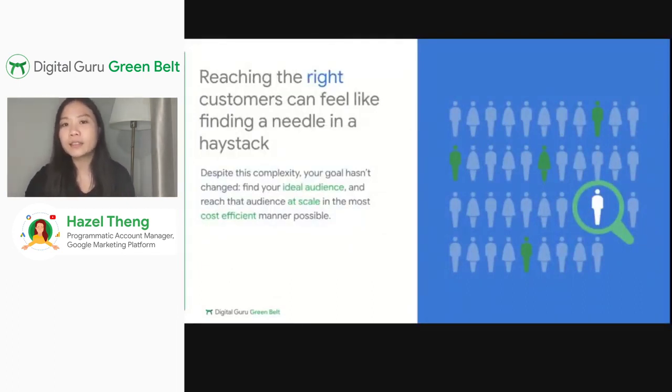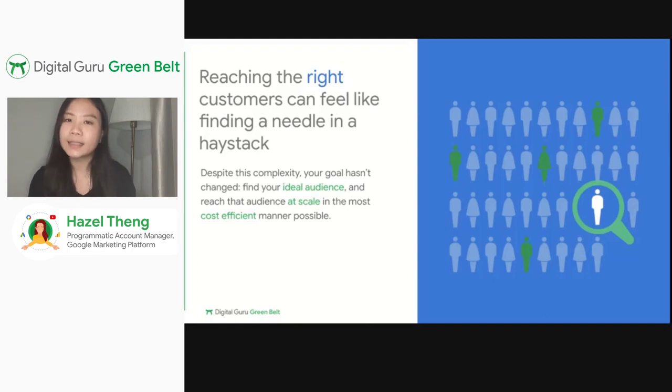And because of this, reaching out to the right audiences for advertisers these days can be really difficult. The crucial question has always been, how do we actually reach out to these audiences, which is most ideal for your advertiser? And most importantly, how do we reach out to these audiences at scale without wasting your brand's media budget?